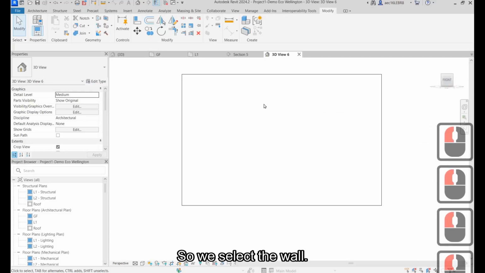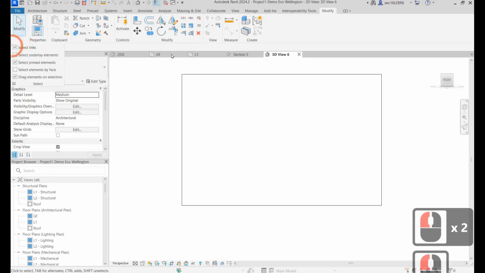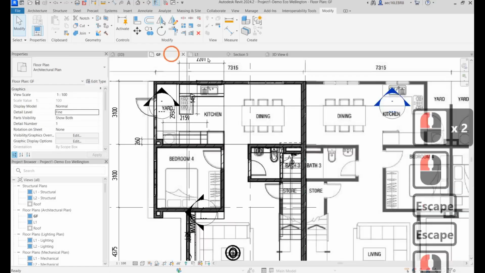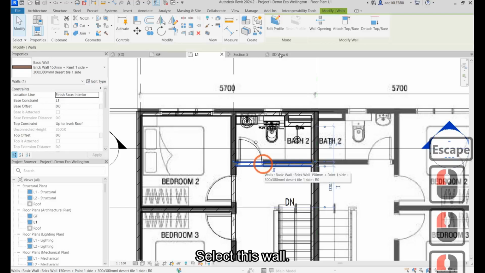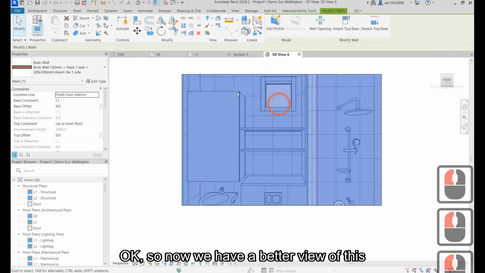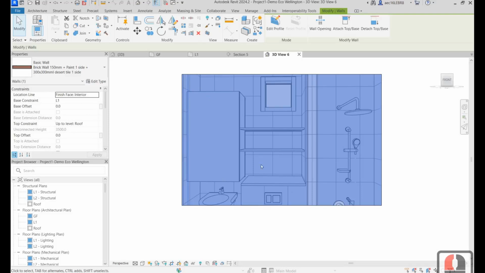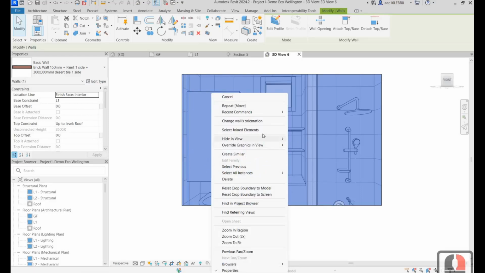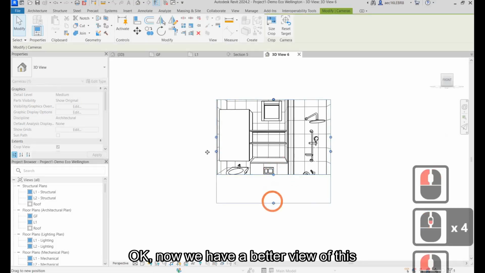So we'll select the wall. Select this wall, back to here, then we try to hide the wall. Okay, now we have a better view of this toilet.